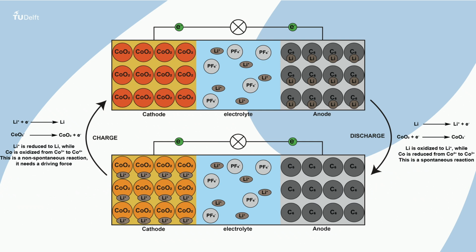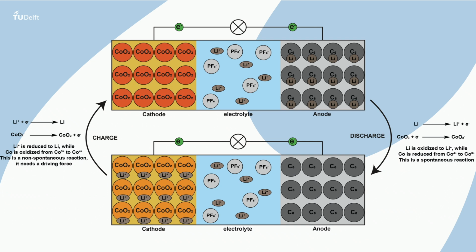When we discharge this battery, lithium atoms are oxidized. The electron is going through the external circuit and powers our device or car. Then it will travel further towards the cathode. In the cathode we have cobalt oxide. And if we then zoom in on the cobalt, it is charged 4+. The cobalt will take up the electron and becomes 3+.